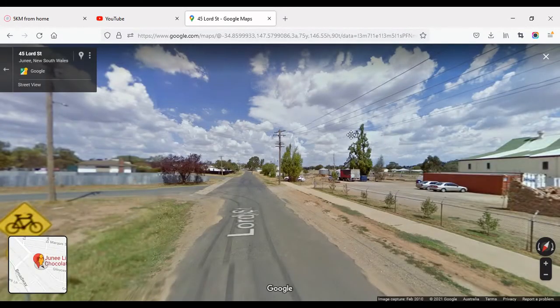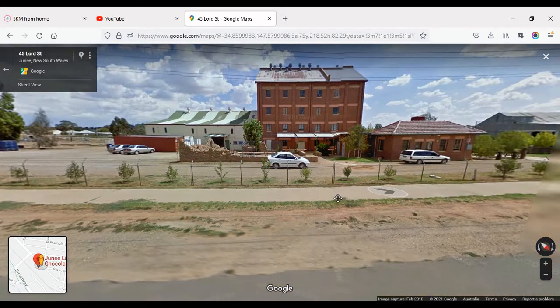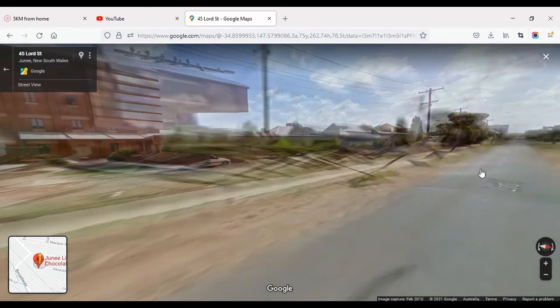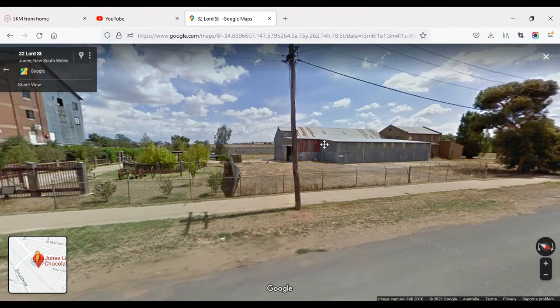And I'll just see if we can have a look at the building if we pin ourselves on Lord Street. Okay, so we can see the large building that's here. This brick side of the building was the part of the flour mill that was designed not to get burnt down. Now, I don't know if I've already said this on a different video, but